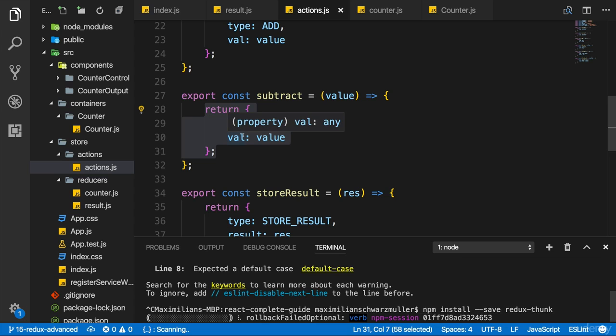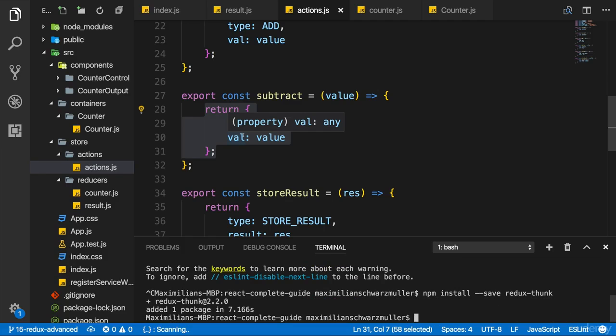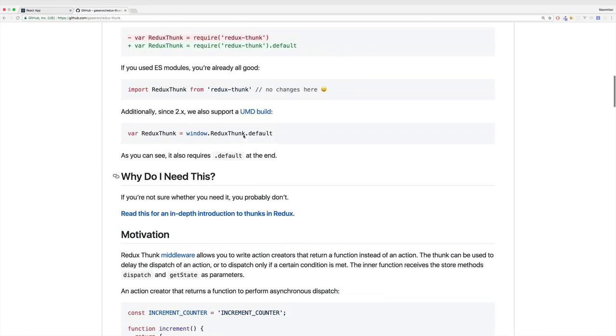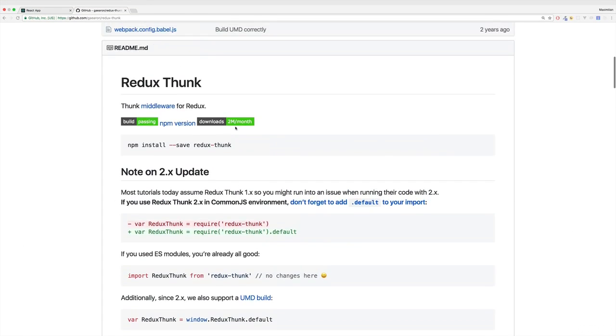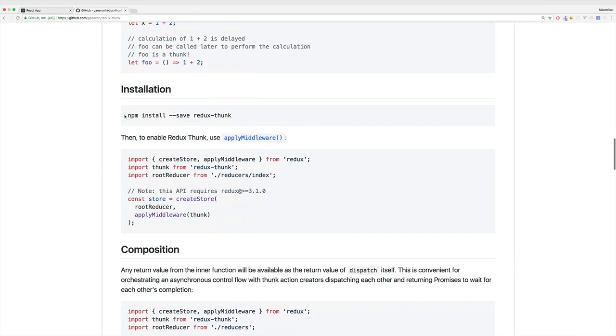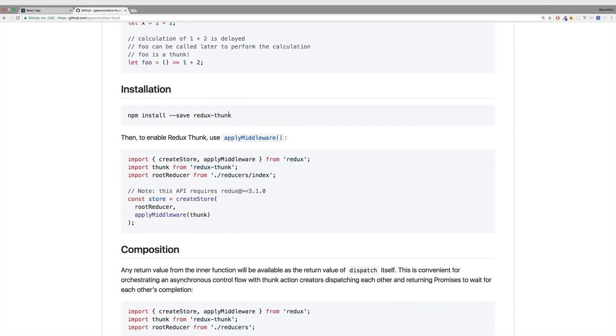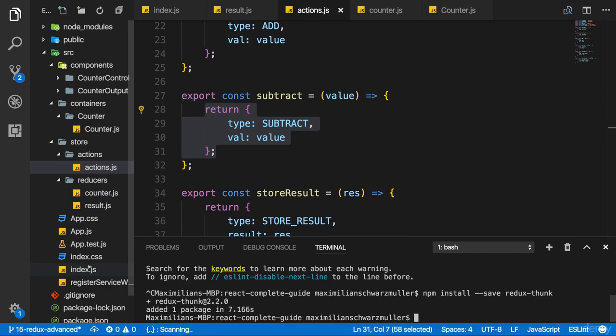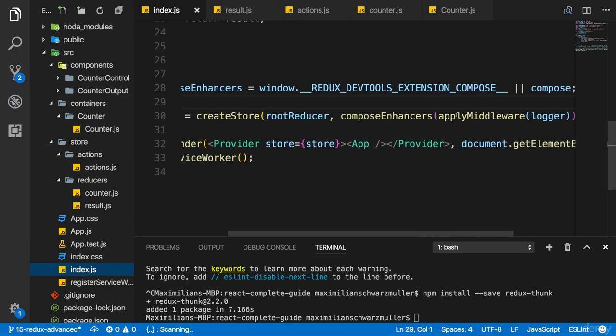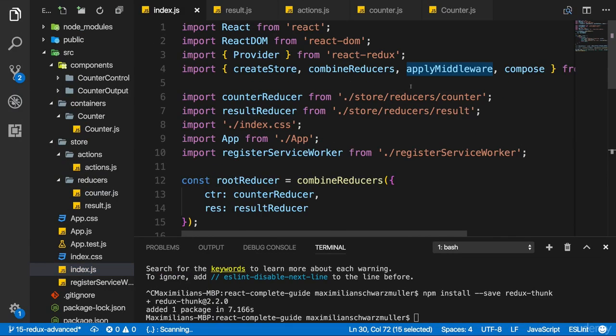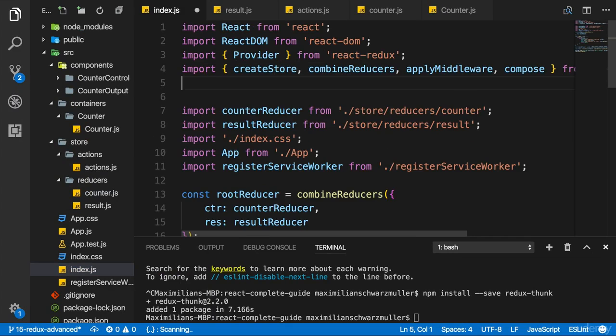Now this will get downloaded and stored as always, and we can then register it as a middleware to our project. Detailed instructions can always be found on the GitHub page, of course. There you see that after installing it, in the end, we just add it with apply middleware. So let's go back into our index.js file where we create the store and add middleware. And there, I'll now import this new package. So I'll import something from Redux Thunk.